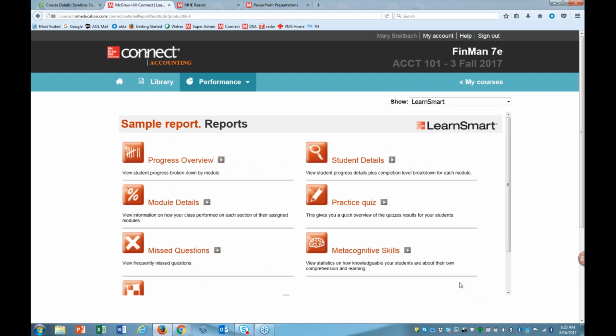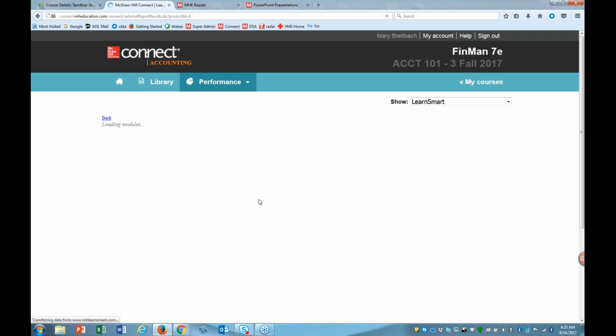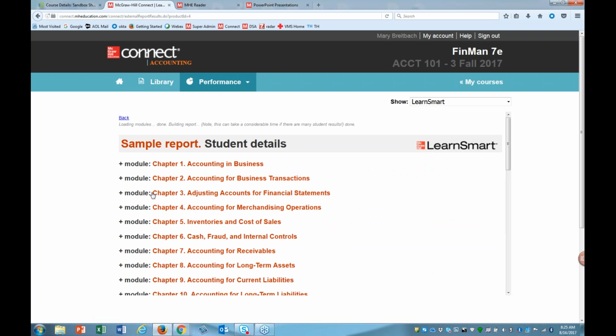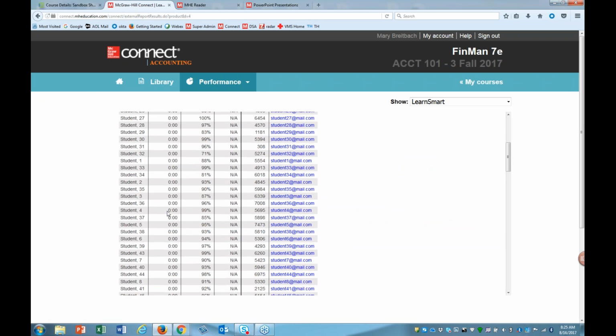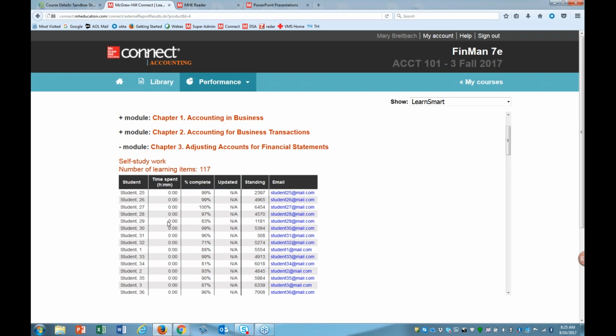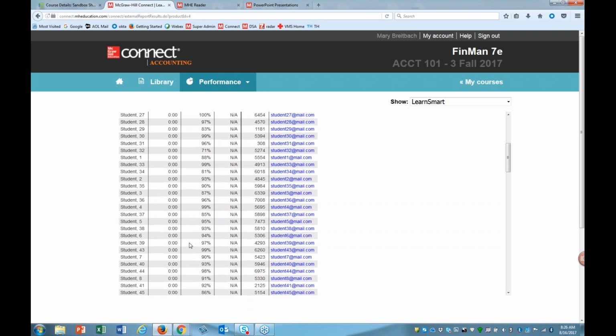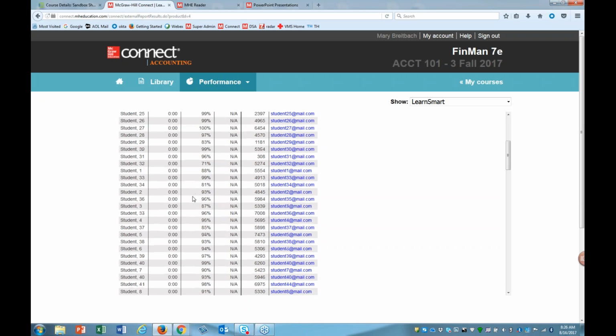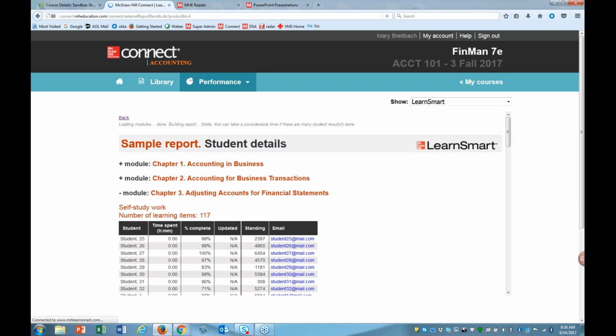For example, in the student detail, you can go right before class, when you're going to cover that chapter 3, and say, okay, let me look. This is a sample, but you'll see your actual students by name. You'll see real times that they've spent, and what percentage of those questions they've answered correctly. In this particular case, I'm looking at it thinking, okay, good, my students are ready for a deeper